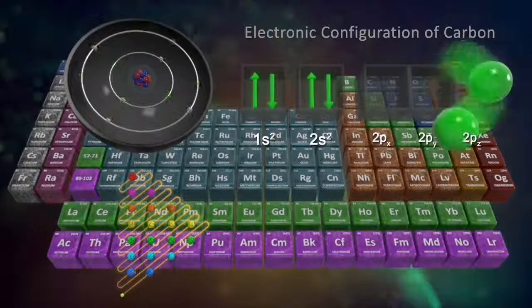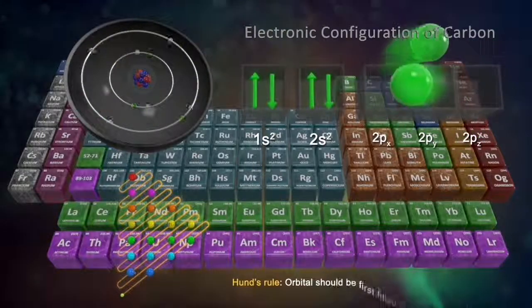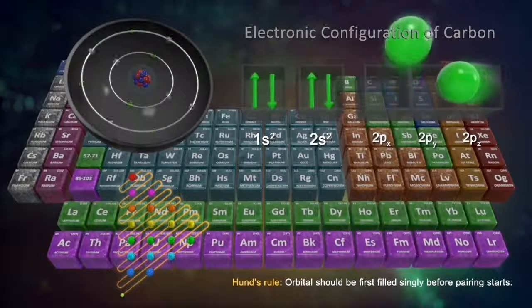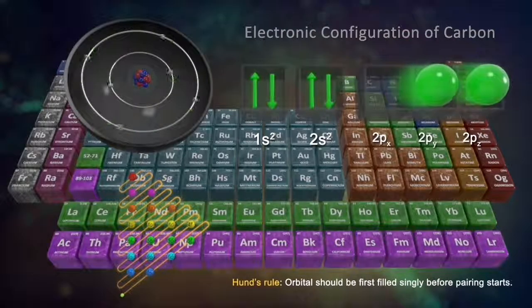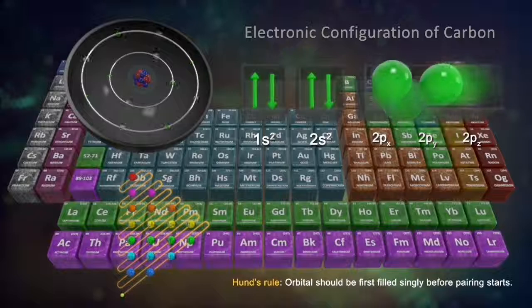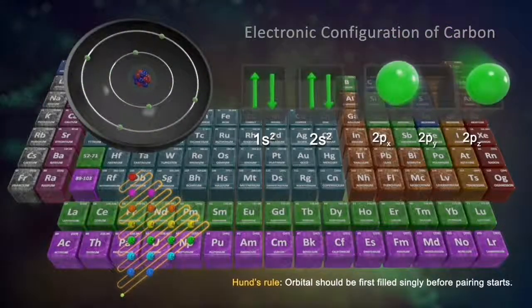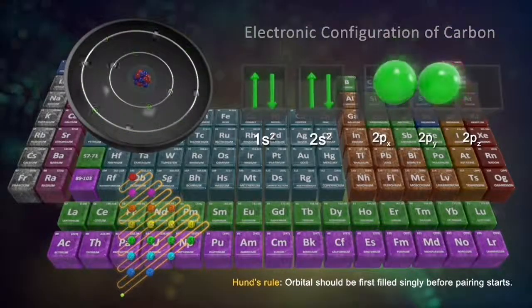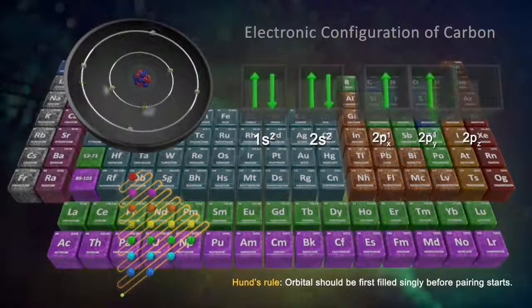While filling this orbital, we need to follow Hund's rule. That is, the p orbitals should be completely filled by single electrons before the pairing of electrons could begin. So, in carbon, the 2 remaining electrons should be placed one each in the orbitals of the 2p sublevel, 2px